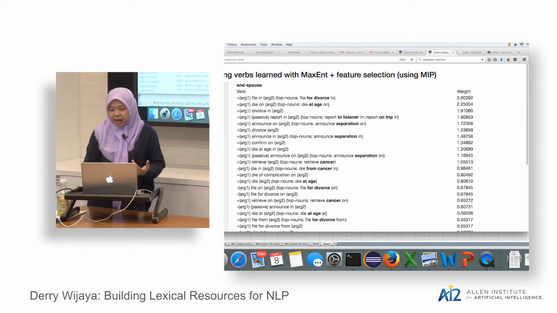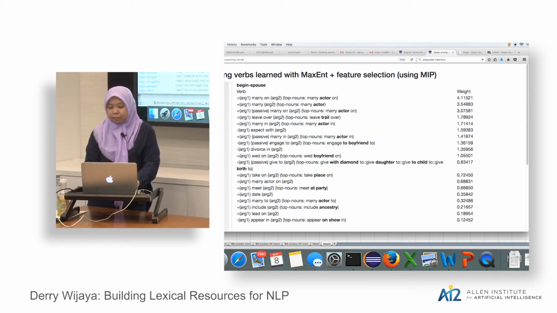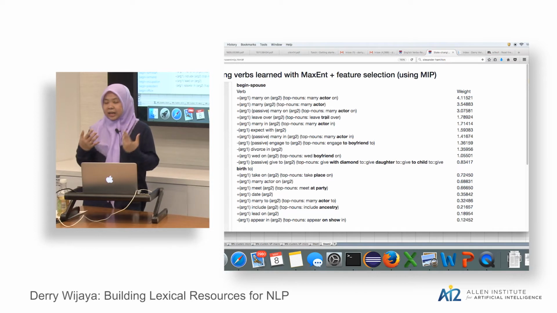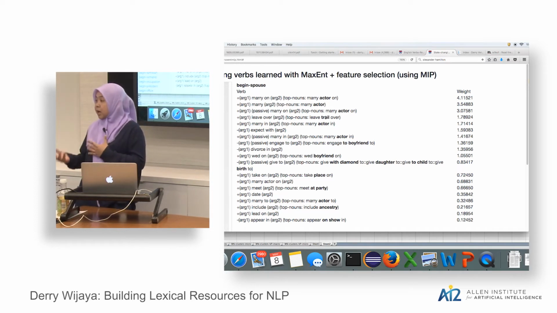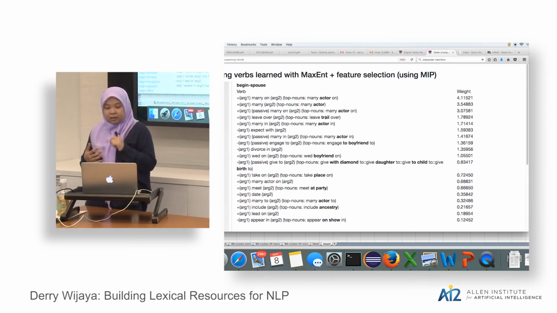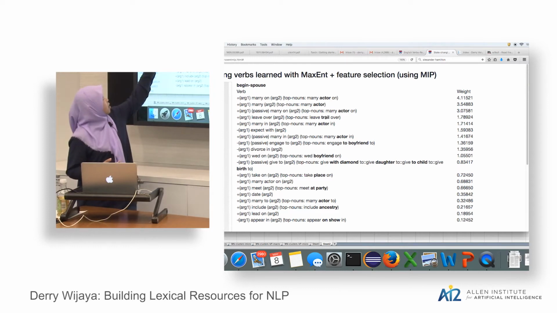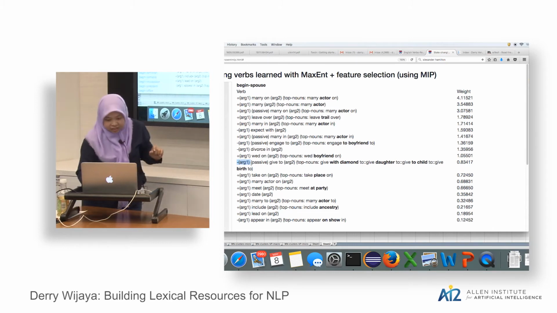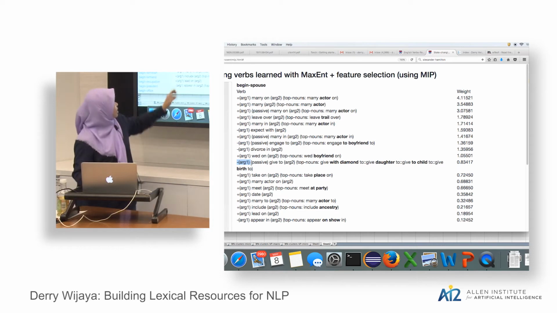And another thing that we have is the mapping between the verbs and the initiation or termination of Wikipedia relations. So in this case, for the spouse relation in Wikipedia, some of the things that initiate this relation is the addition of the verb person marry on date, and the deletion, if you see there's a negative sign, means deletion of the person gives something to the other person, I guess the spouse.